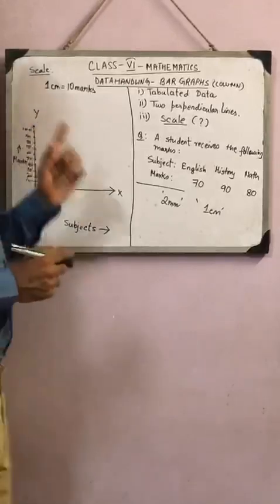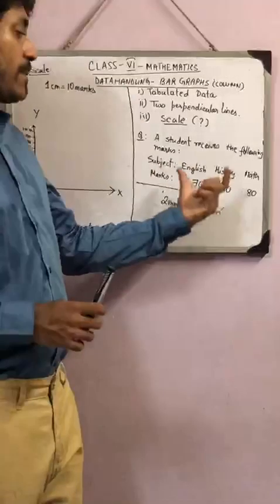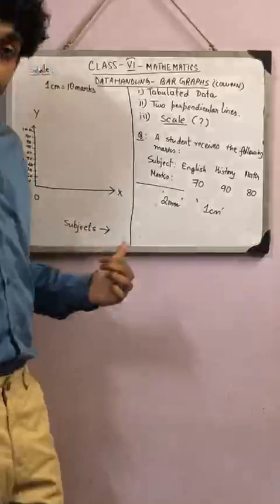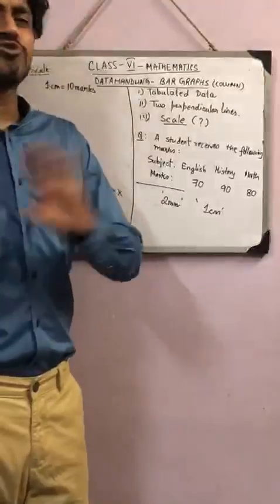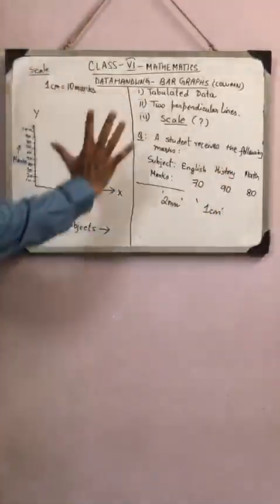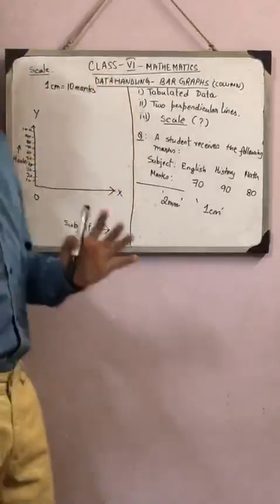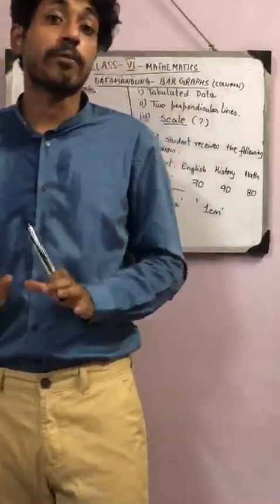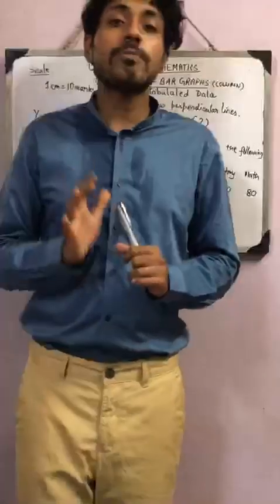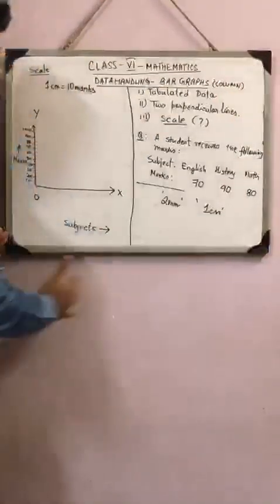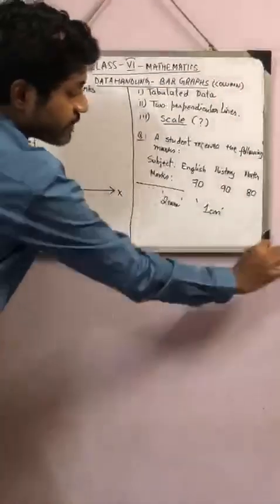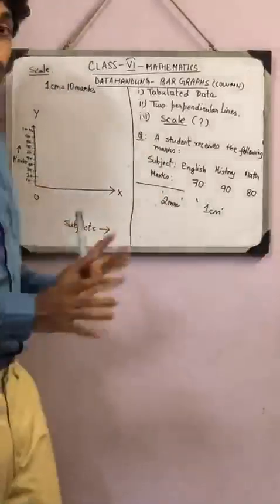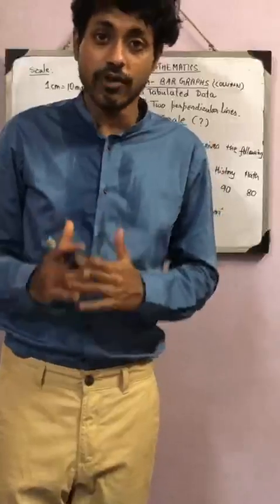Now, the scale should be such that it includes the maximum here, starting from 0. Also, it should not exceed too much. That is, whatever you do on your graph paper from henceforth, your graph should occupy at least 3/4 of your graph paper. It should not be like your graph paper is this board and your graph is located somewhere in the bottom right or bottom left corner. No, you should make maximum use of the graph paper. That is what graphs are for.